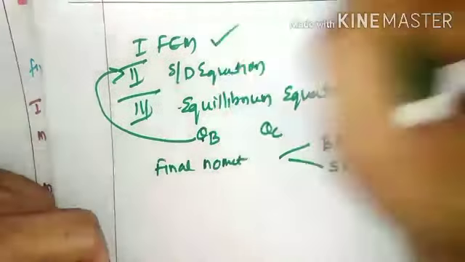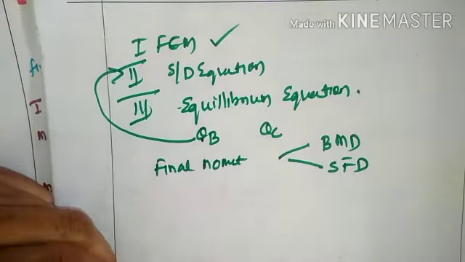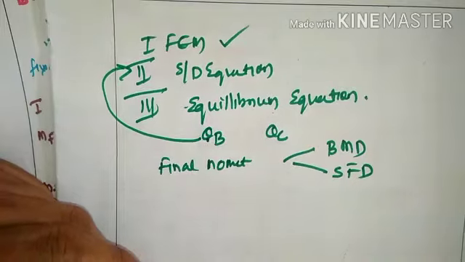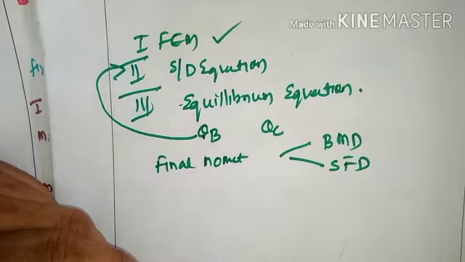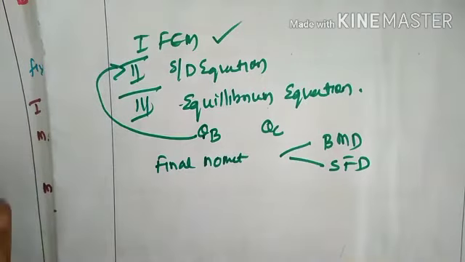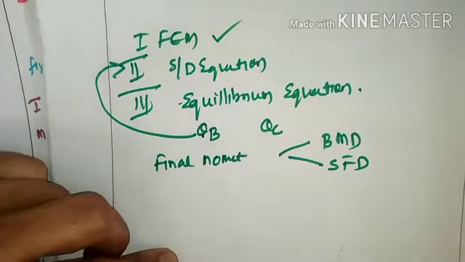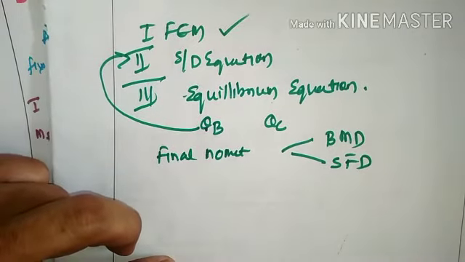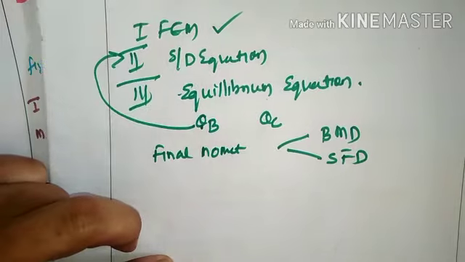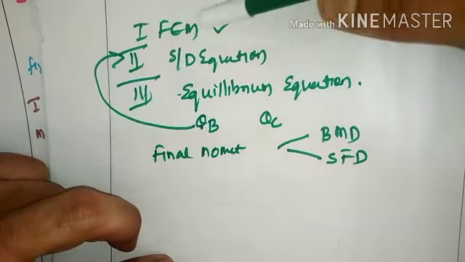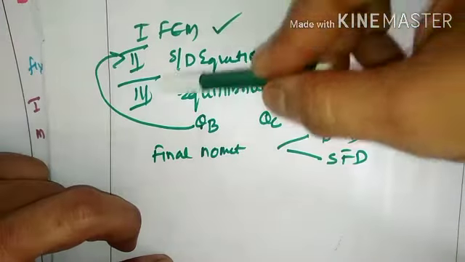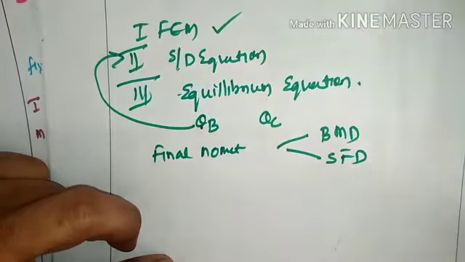Now to start with the fixed end moment. Whenever I start with the fixed end moment, the thing that should be kept in mind is wherever you have a support, all those supports are to be considered as fixed, irrespective of what the type of support may be, whether it is simply supported, roller support, hinge support, or whatever. It has to be considered as fixed for the calculation of fixed end moment. Later, that fixity will be released during the process of equilibrium equation.